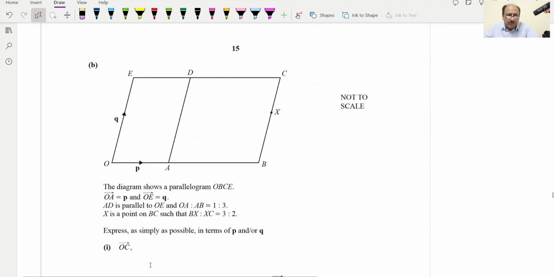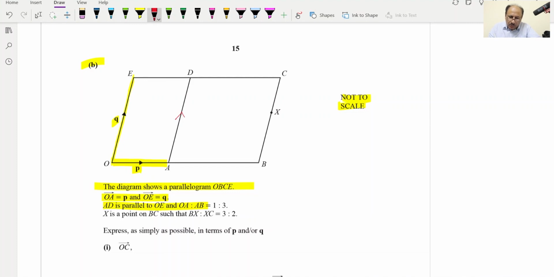Now we can move to the B part. B part says the diagram is not to scale, and the diagram shows a parallelogram OBCE. OA is equal to P. Keep in mind OA is only up to this one, and OE is Q, and OE complete one is Q. This is the difference. So AD is parallel to OE. So this side is parallel to OE,